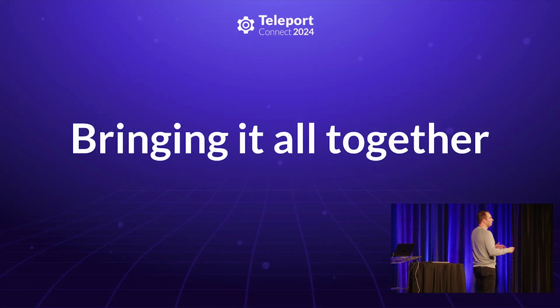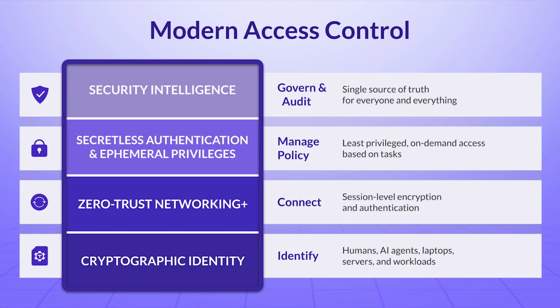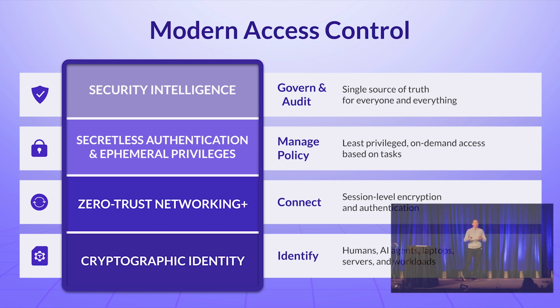So if we were to bring this all together, what is the vision then for a full security stack that prevents identity attacks, or at least significantly reduces the probability of them? This is how it looks. At Teleport, this is what we're trying to build. Not every single layer is 100% implemented, but we're working towards it. You see at the bottom, you have identity, a single source of identity for everyone and everything.